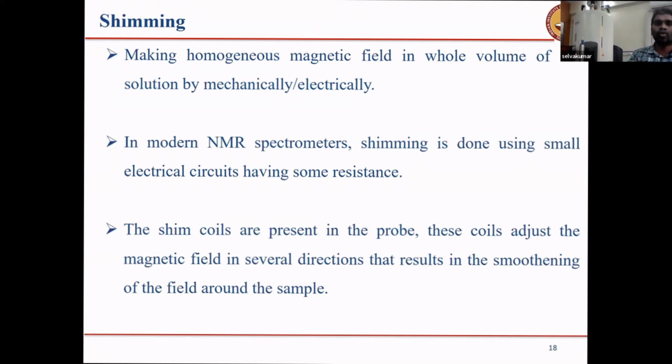Shimming is making the magnetic field homogeneous in the whole volume of our solution, magnetically or electrically. If the magnetic field is not homogeneous, we'll get broader spectral lines, because if you are taking the solution